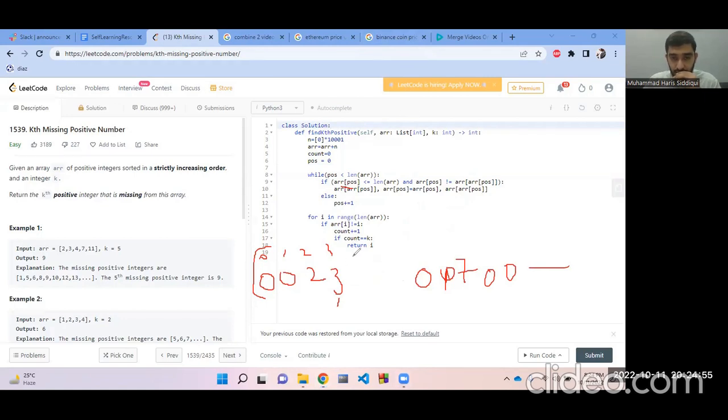So basically what it is, the while loop gives us this array at the end. After that what we do is we count, this is a 4 index, this is a 5 index, 6 7 8 9. After the while loop, the for loop is